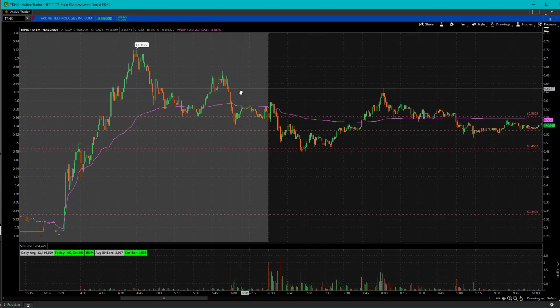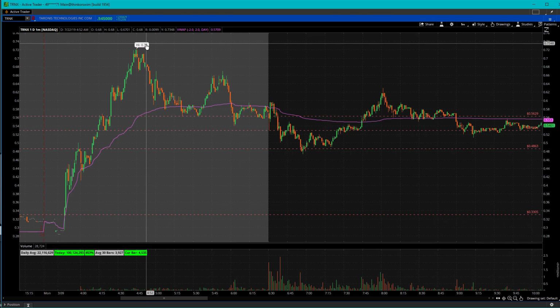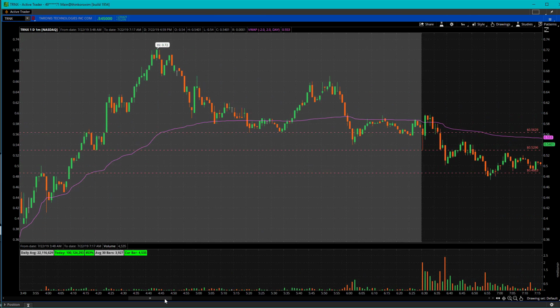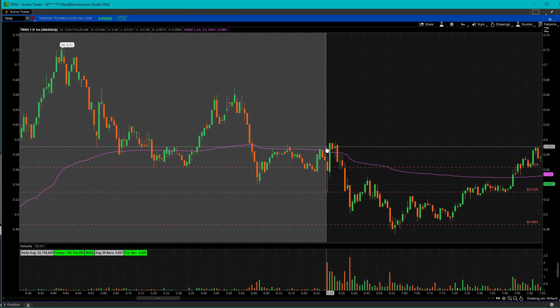So we can see that TRNX obviously had a good news release because it spiked up crazy in pre-market. And one of the things that I was watching for at market open is that I knew that because it had a massive pre-market spike, it was likely going to have a morning sell-off, and you can track that using VWAP. So one of the main things I was looking for was weakness into the open, and we signify that by either a fake breakout